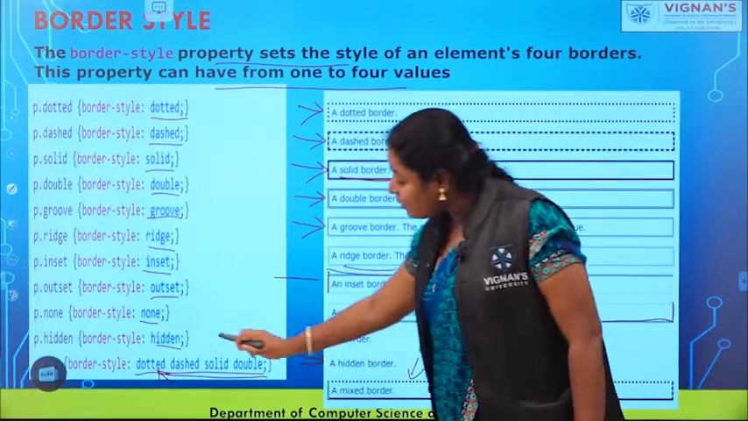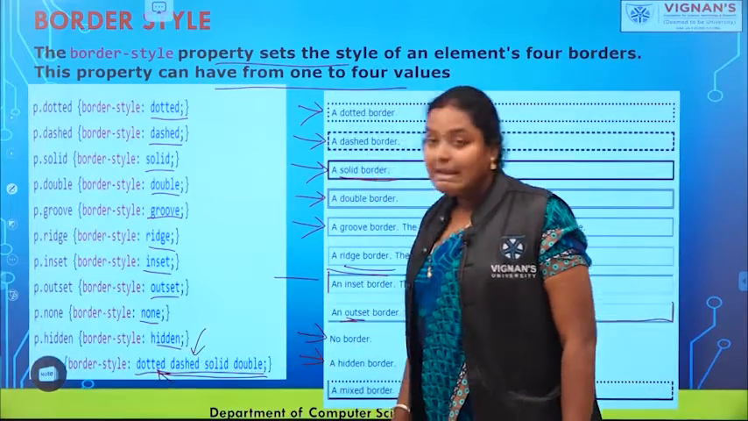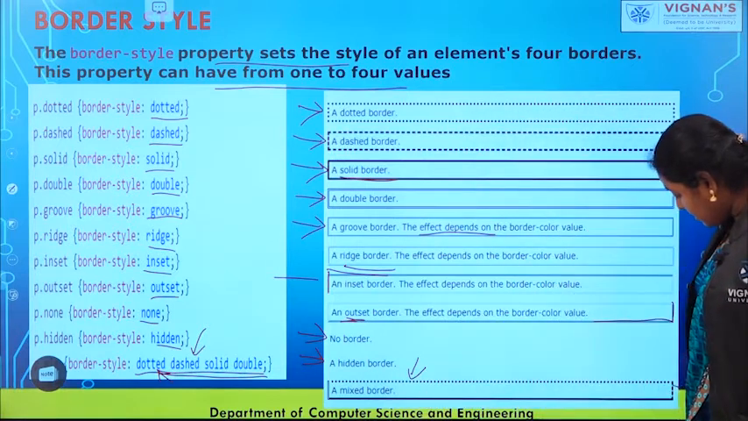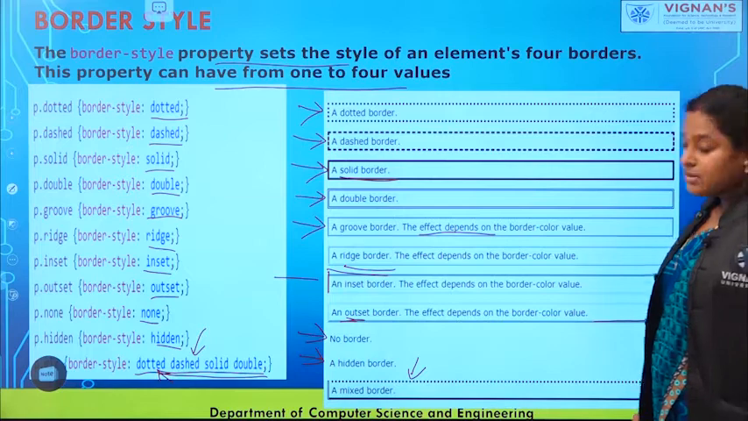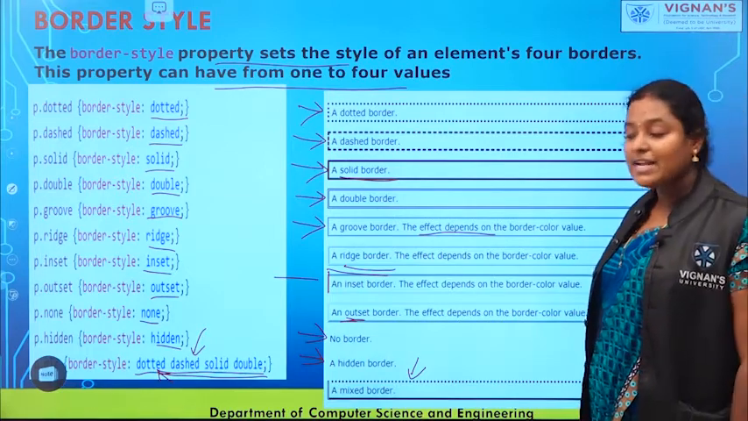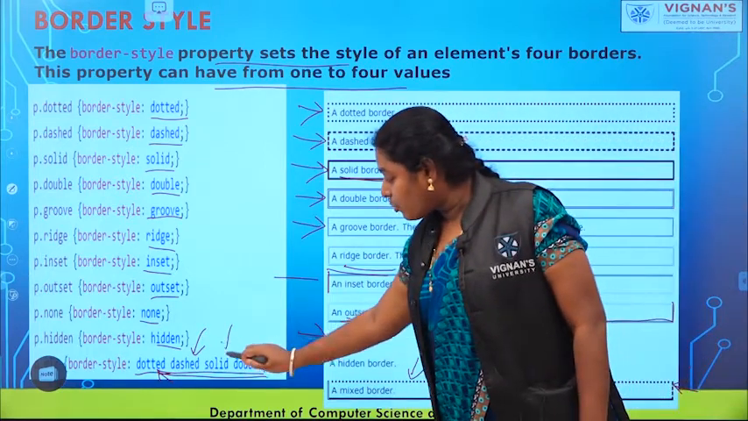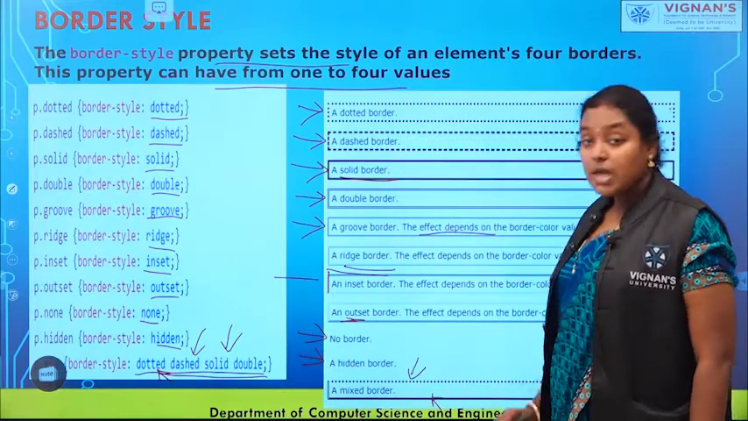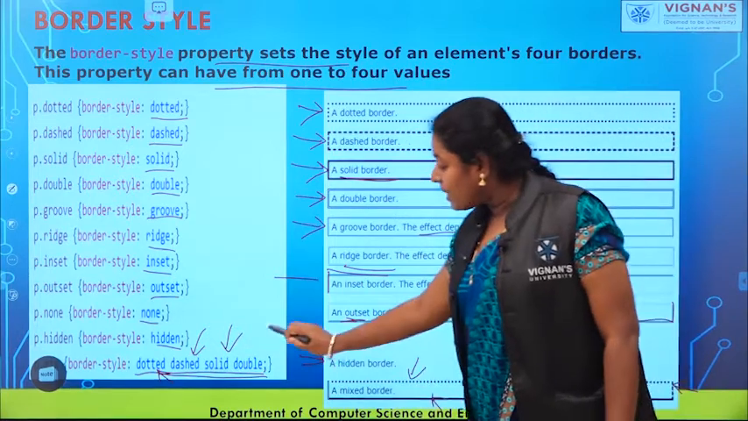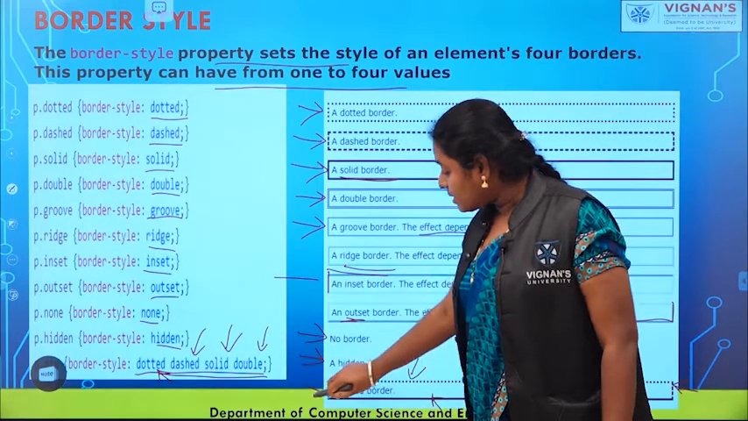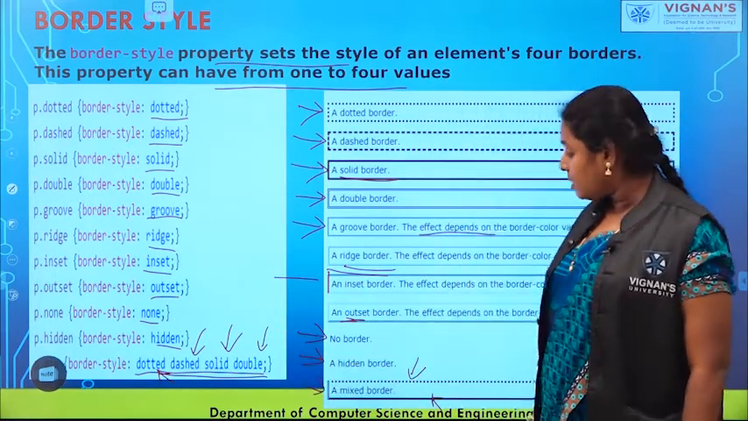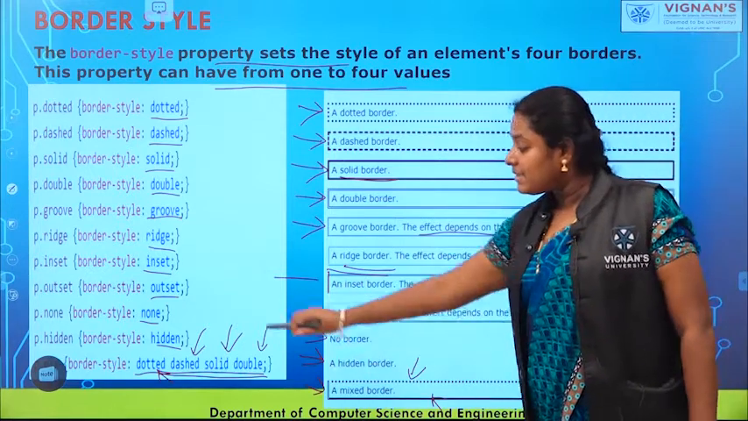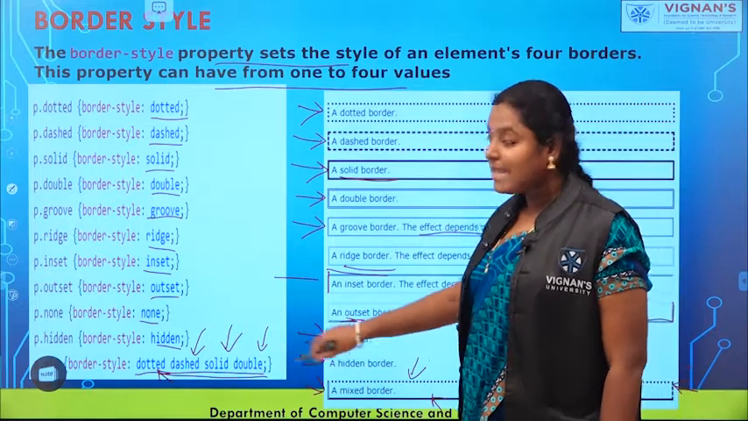Next, what is the second value? You had given dashed. So dashed will be applied to the corresponding right side border. Next, solid border. Solid is applied to the corresponding bottom border. Next, double. Double is applied to the corresponding left side border. So it is top, right, bottom, left. In this direction it will take the values for the